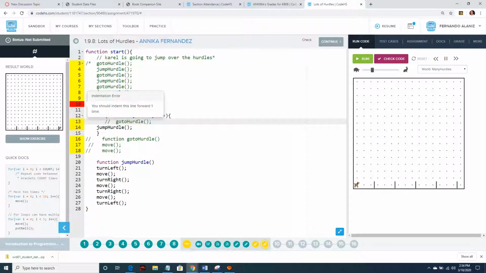Now, why is that like that? Indentation. Let me do this. Okay, I'm not sure why it keeps giving me a red error, but this is a mess. Anyways,